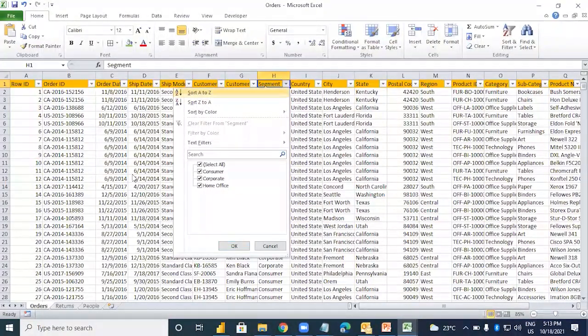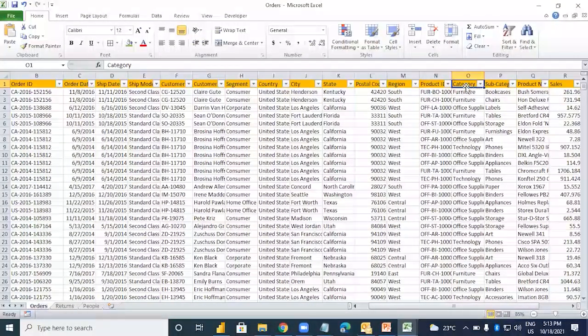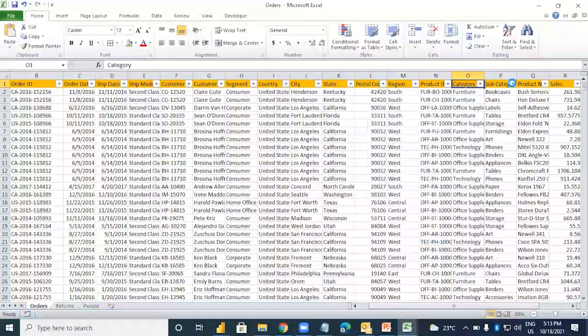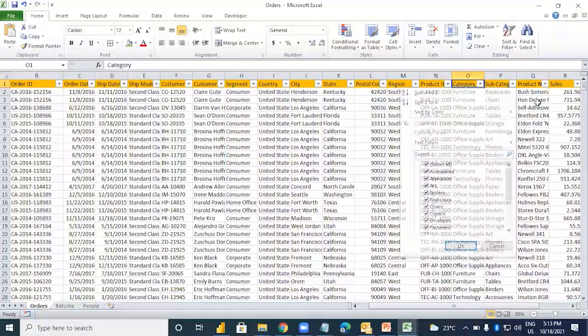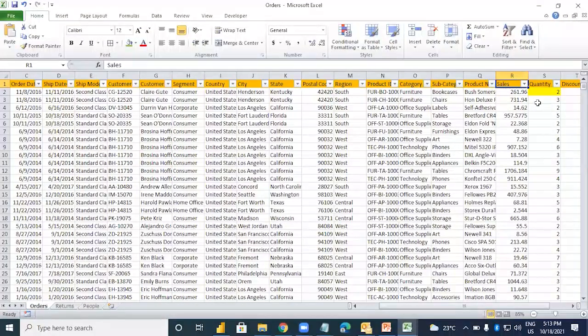Then we have the information about the product, which has an ID. We have 3 categories of product: furniture, office supplies, and technology. These categories are further subdivided into subcategories, like if it is furniture, then table, chair, bookcase, etc. Then we have the sales values: sales, quantity, discount, and profit.